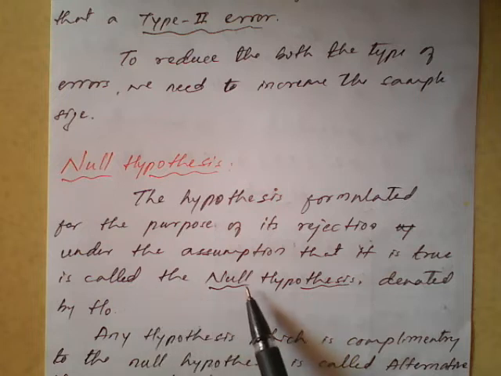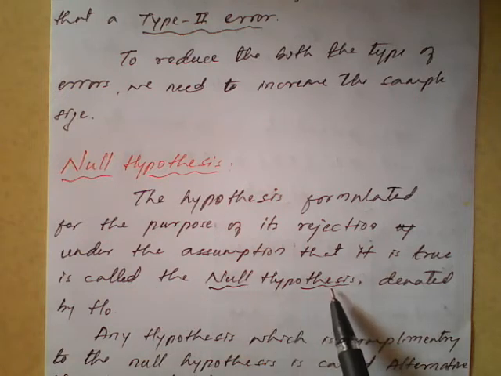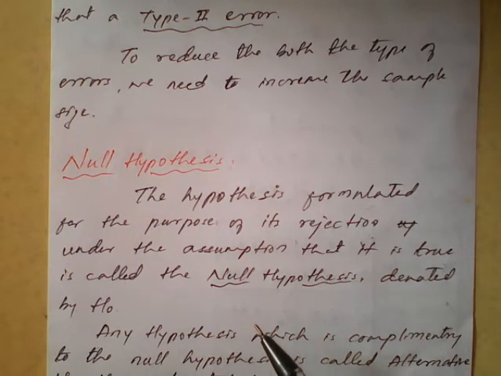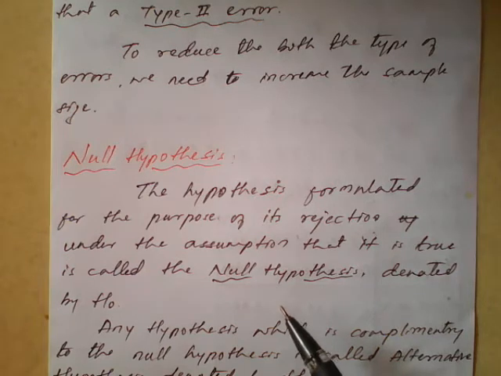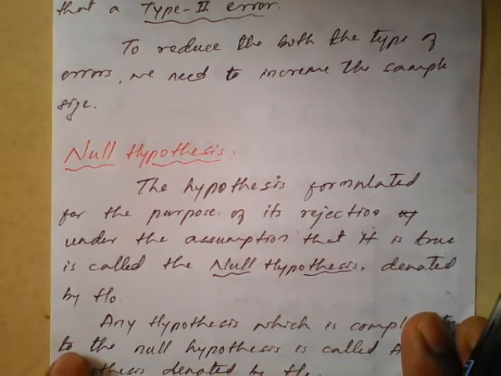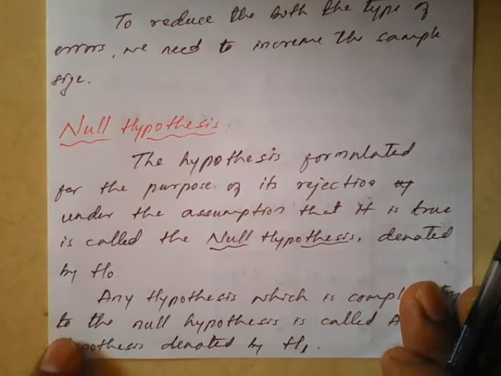It is called the null hypothesis, and the symbol is denoted by H0. Means we always take a false value and start the problem. That condition, which we consider as false, is considered as the